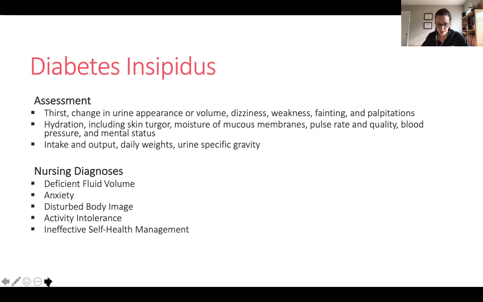So as far as nursing diagnosis, deficient fluid volume, for obvious reasons, so we're monitoring their intake and output, daily weights. Anxiety and disturbed body image is due to the changes in bodily function. Activity intolerance, they're going to have extreme fatigue and muscle weakness because of the dehydration. So make sure they're having periods of rest, and then slowly,